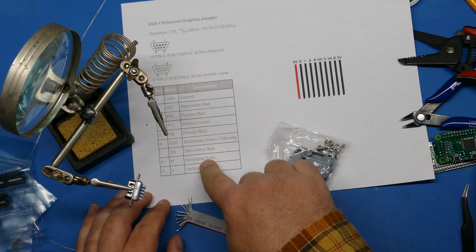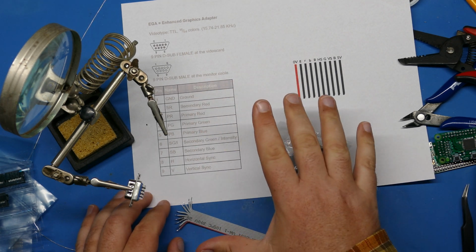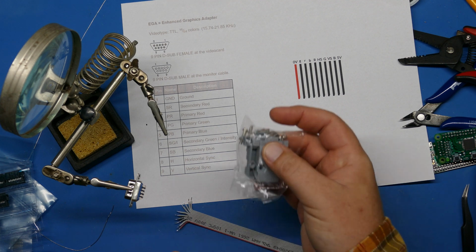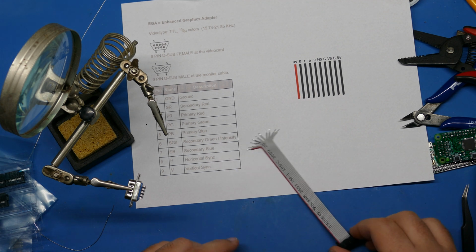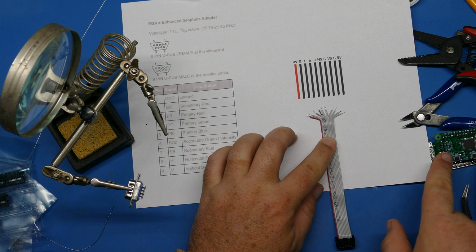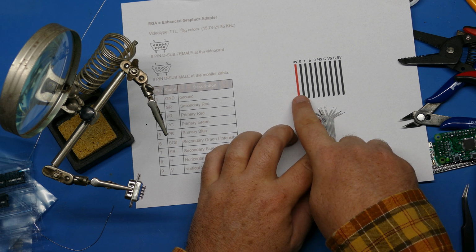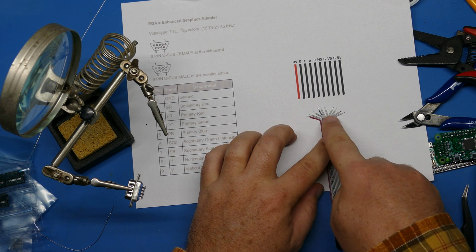So I just used EGA because that has the most selection of the various signals that I need, the fullest, I guess. And I'm just using this DB9 with this little housing on here that I'll put on at the end. And I've also mapped out the way this cable actually connects to the computer. So I've toned this out with my multimeter in continuity mode. And I've labeled where each one of these cables goes, or what each one of these cables is connected to